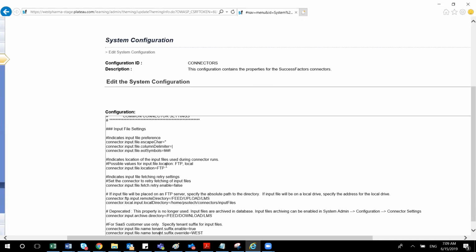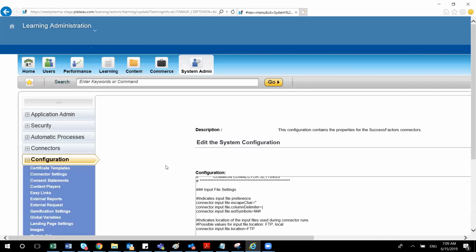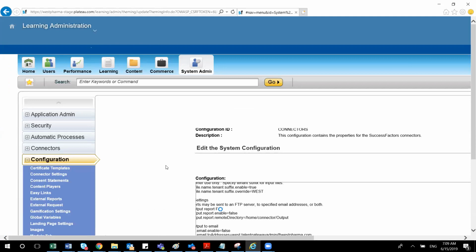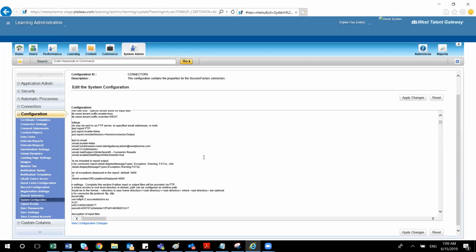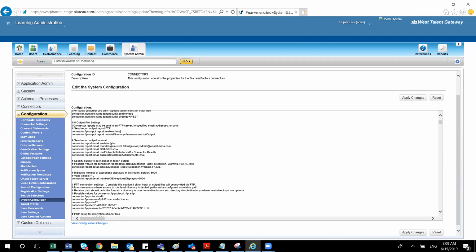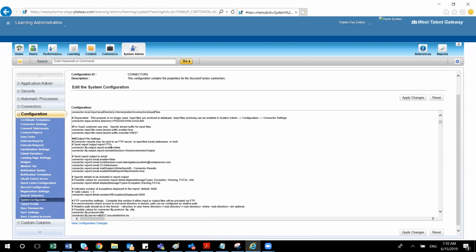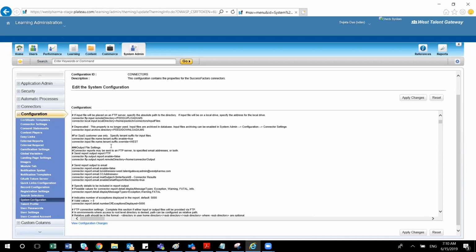The only thing you have to do here is upload the password, the credentials you have, and the email ID. I have maintained my email address here. Also this is the folder which I was telling you about: you can see the feed upload directory.